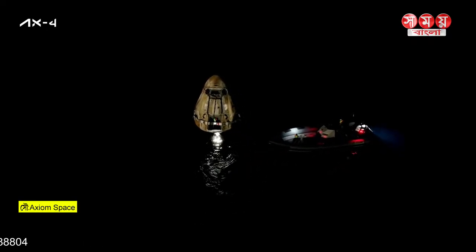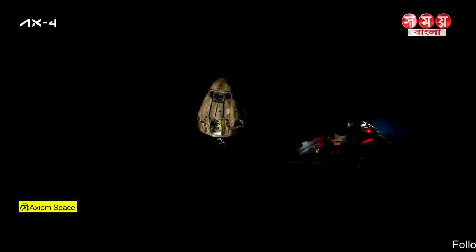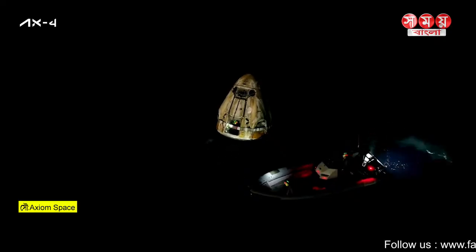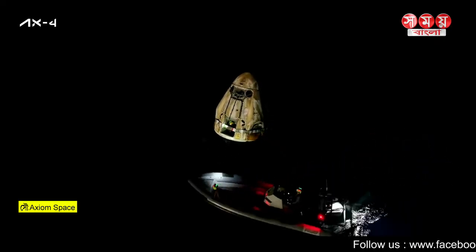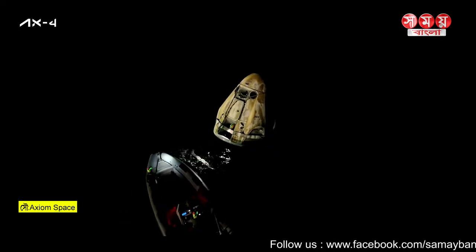If you're just joining us from home, you are seeing live views of the Dragon spacecraft that has returned home from the Axiom-4 mission. After launching on June 25th, the Axiom-4 mission...